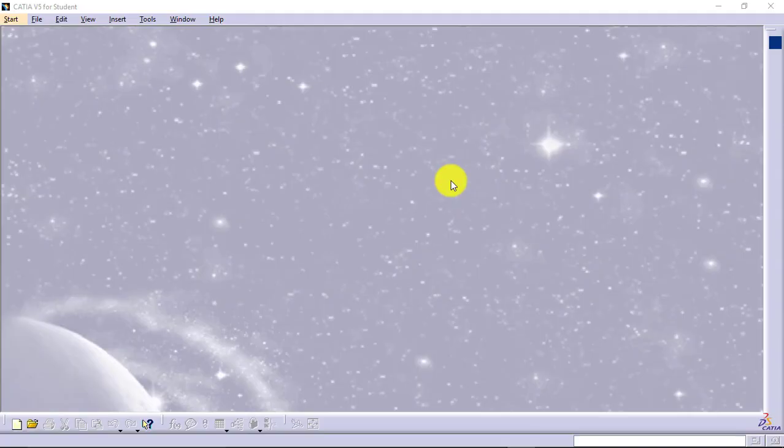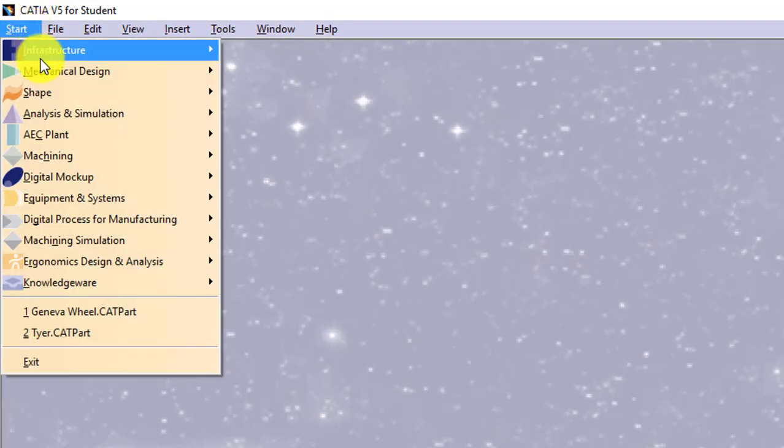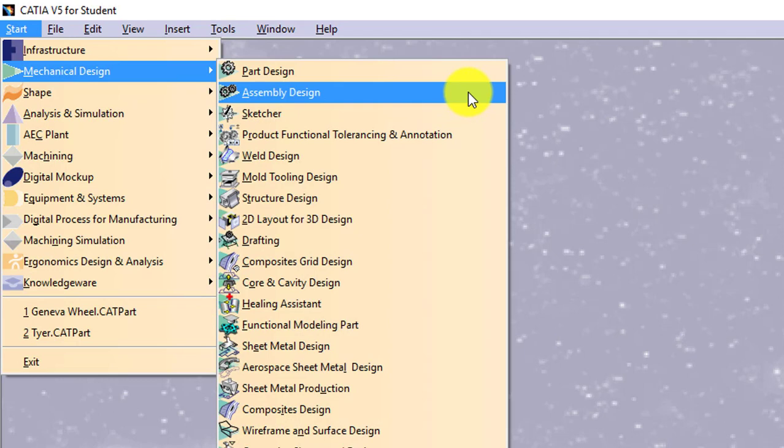Let's explore the bottom-up approach of assembly in CATIA V5. We had discussed that whenever we open the software, by default it shows the product interface. That is actually your assembly interface. So if you are opening the software, then by default you will be getting the assembly environment. If not, then you will need to go to Start, Mechanical Design, Assembly Design. I repeat, Start, Mechanical Design, Assembly Design.